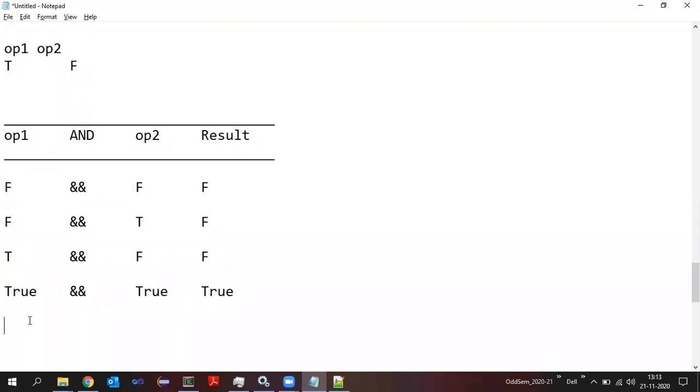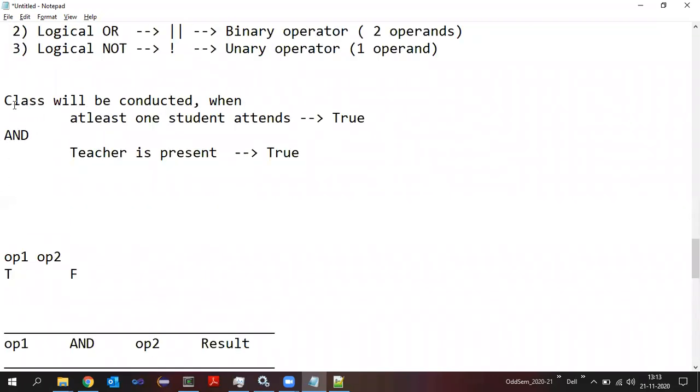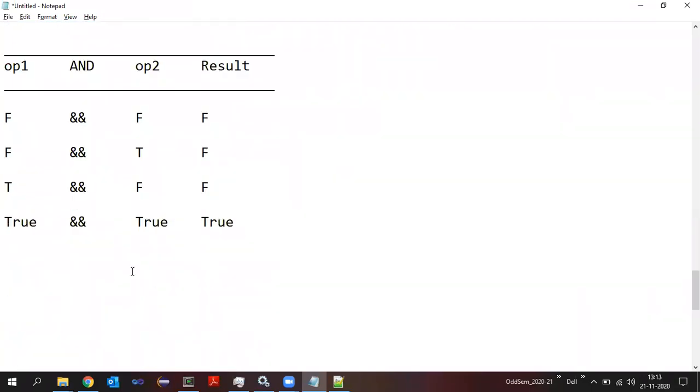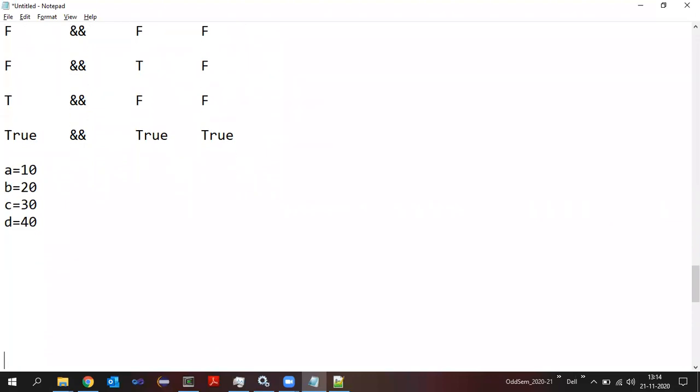Now, this is theoretical, so let us see an example. This is just a verbal example with some statements, but how is it actually taken in the programming concept? Let us say A is 10, B is 20. Pay attention, students. Let us say two more values: C is 30 and D is 40. These are the four variables I have here: A, B, C, D.